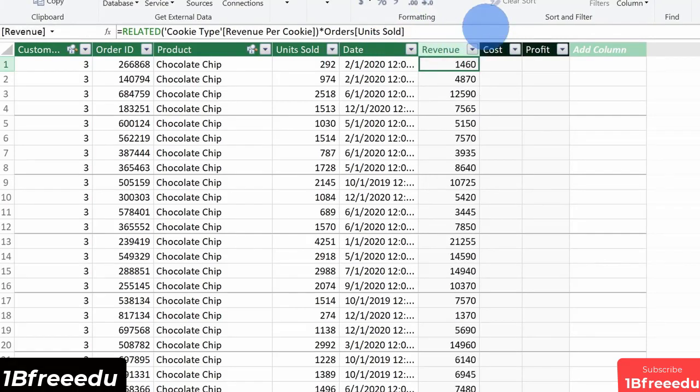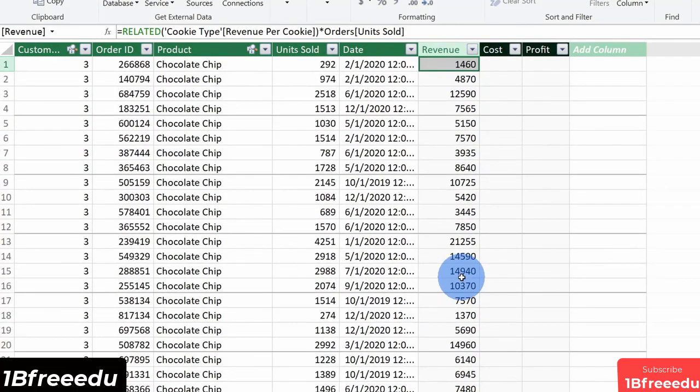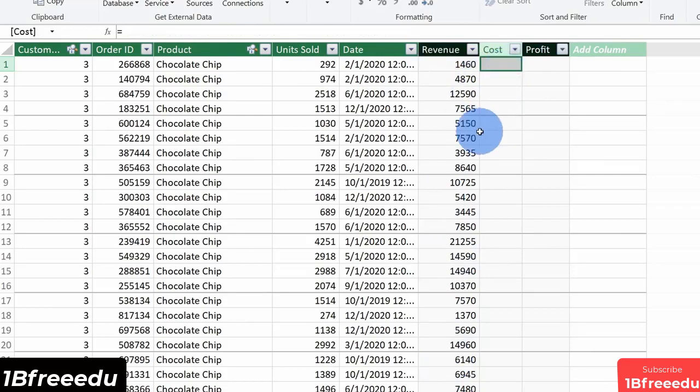So I'll click on that. And now my formula looks good. I'll hit enter. Here you'll see that it automatically calculated the revenue for every single one of these orders. So that's pretty cool how I'm able to connect the information from these other tables and then calculate this value. Worked pretty well. Now I'm going to do the exact same thing with the cost, and it's going to be